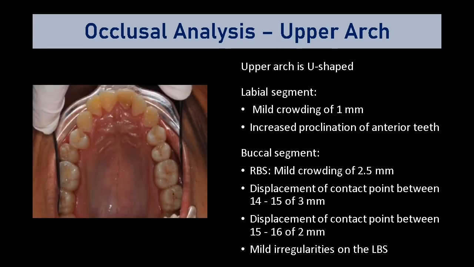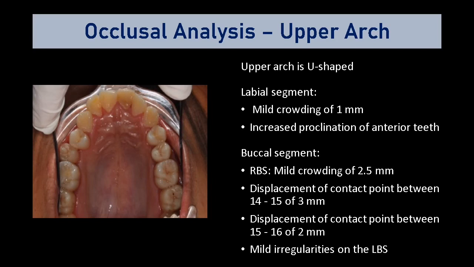The upper arch is U-shaped. It has mild crowding of 1 mm on the labial segment, and there is increased proclination of the anterior teeth. On the right buccal segment, there is mild crowding of 2.5 mm. There is displacement of contact point between 1-4 and 1-5 of 3 mm. There is displacement of contact point between 1-5 and 1-6 of 2 mm, while there is mild irregularities on the